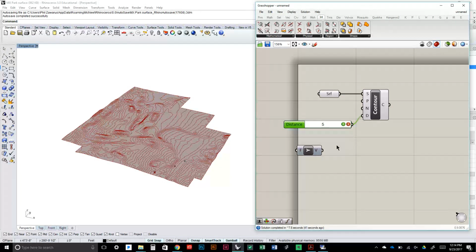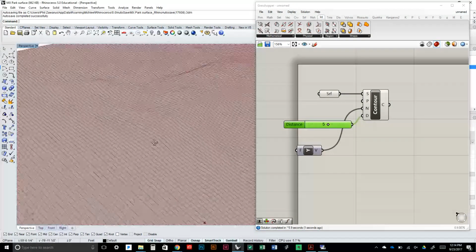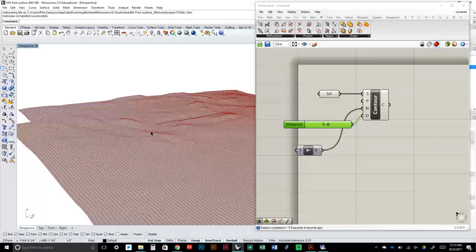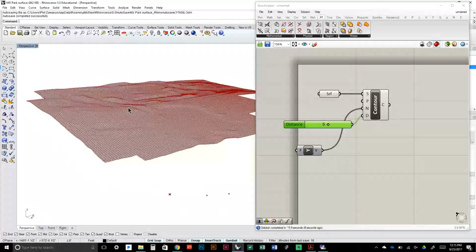I can do 5 and select Y. And it's a good way to get your section cuts made. So if you baked those lines in, you could just separate them. Exactly. And you would have as many section cuts as you